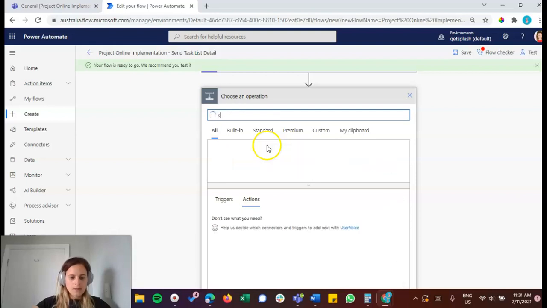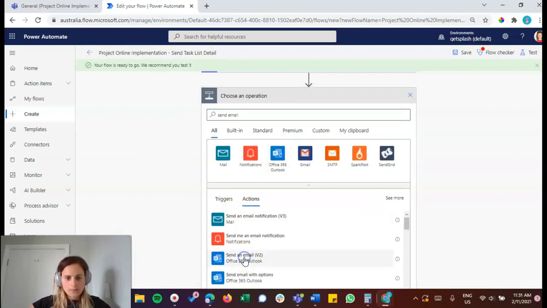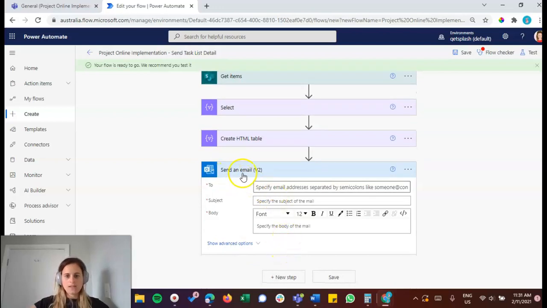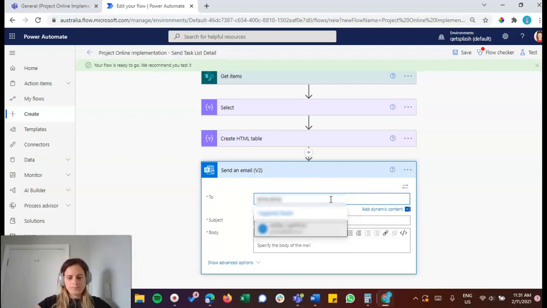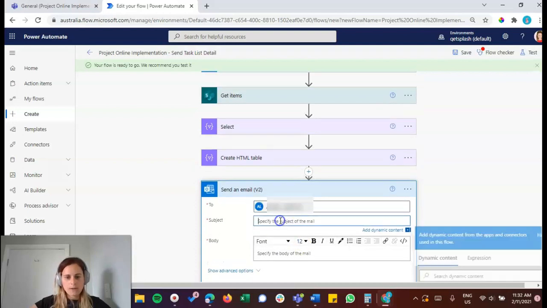So from here we can then choose to send an email. I'm going to use Outlook Send an Email version 2. For now this is just going to go to my own email, but you could have this going to the assignment owner or a manager of the list or a project manager. So I'll select my own email and then I'll put